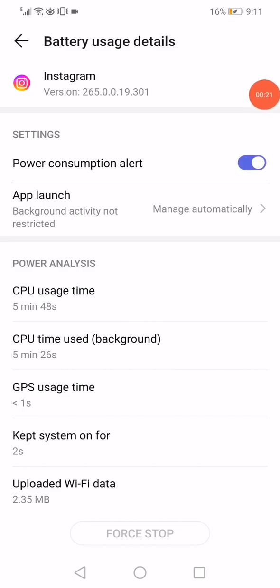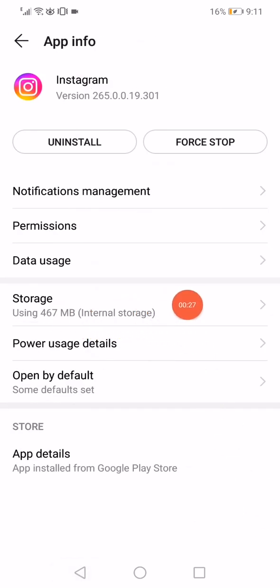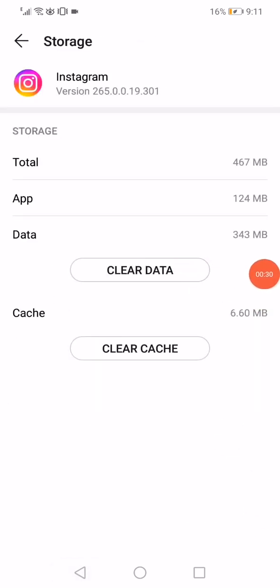the power consumption alert, enable it, and then click down here on this force stop. Go back, open the storage or the internet storage right here, click on clear data, click delete, and then go